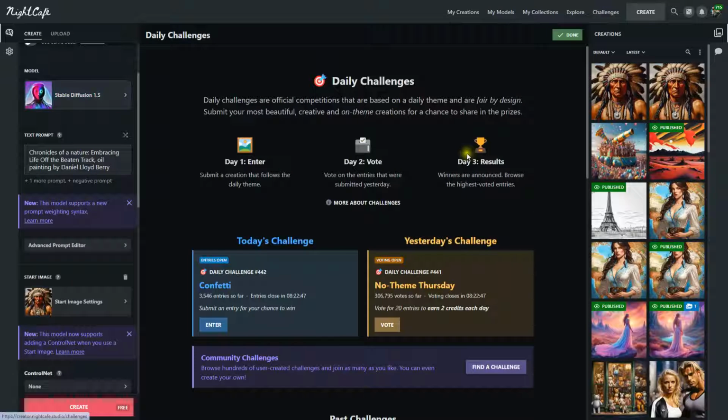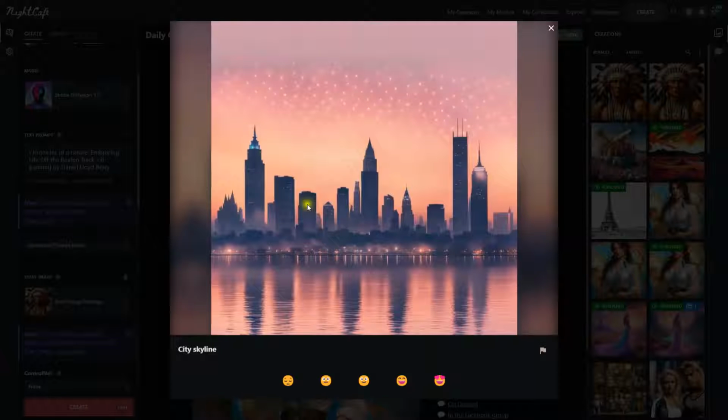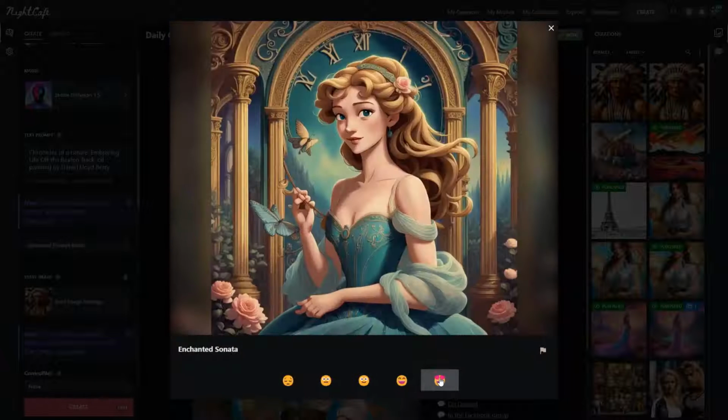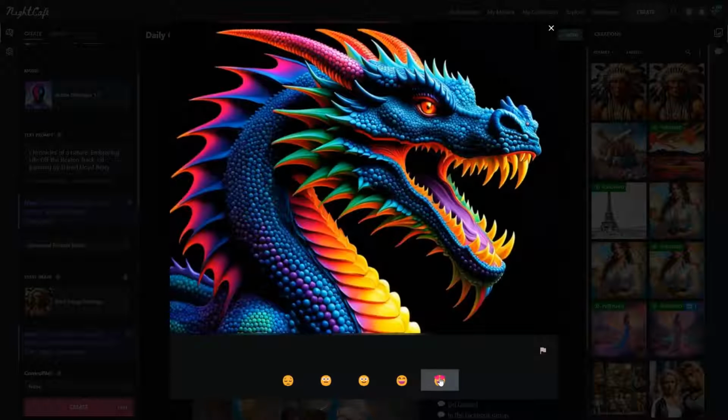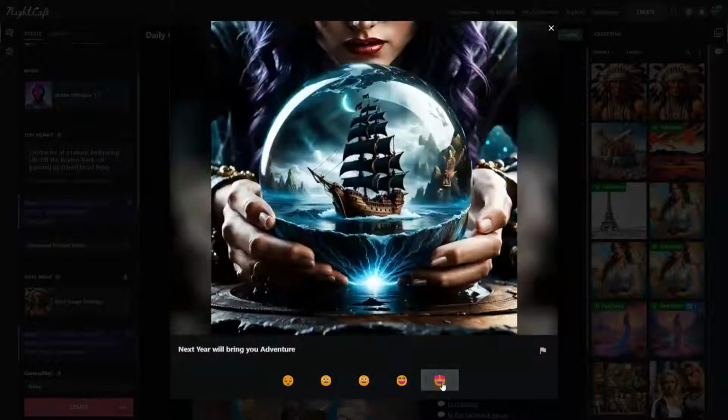So every day you want to click in, click on challenge, and then vote. When you want to vote on a challenge, all you've got to do is bring it up and say, oh, wow, that's beautiful, right? And then click on what you want to do as far as giving it a vote.